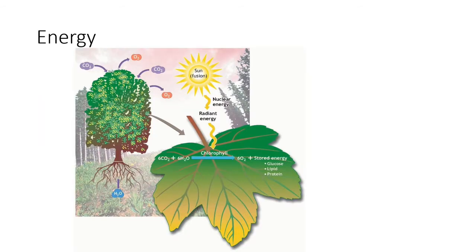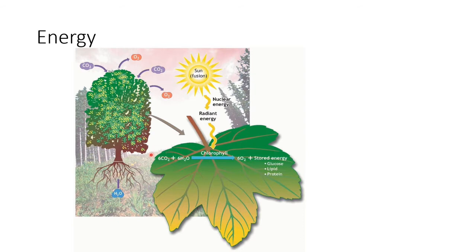So as you know, if you've ever done biology or read anything about biology, on Earth, without the input of the sun, life will not exist. Okay, so plants need the sun. The energy from the sun is essentially a huge nuclear reactor that radiates heat and light and other radiation to the earth, and this is absorbed by the leaves of trees and plants to produce glucose, fats, and proteins.